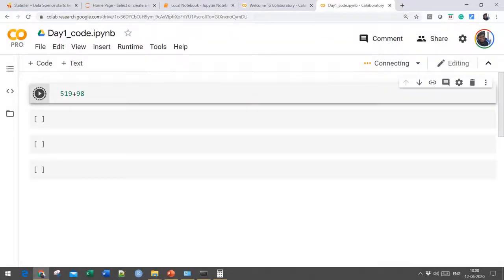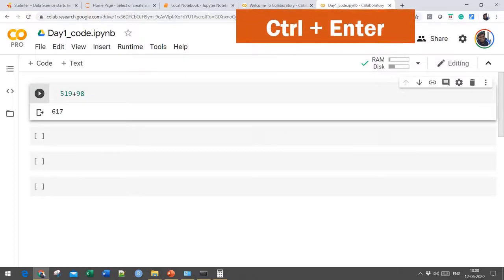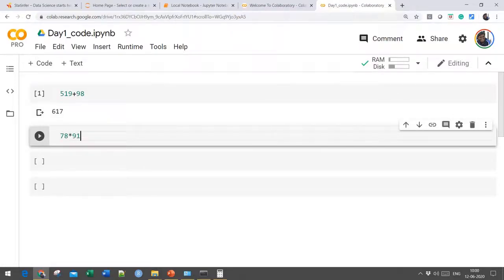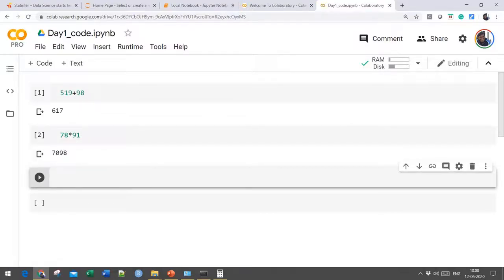Alternatively, we can write the code and submit it using control plus enter, or the other shortcut shift plus enter. If we press control plus enter, current cell will be submitted. If we press shift plus enter, current cell will be submitted. After that, next cell will be selected automatically.